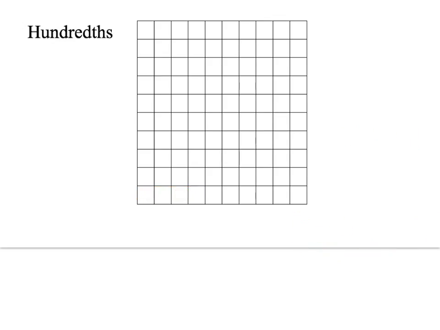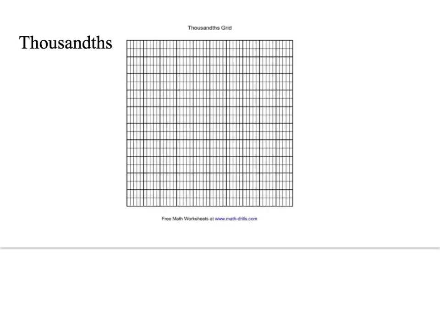Okay, now, since we have divided tenths into 10 parts to equal hundredths, what would happen if we divided each one of these individual boxes into 10 more pieces? Well, this is what we have. We would have the thousandths place. This is our thousandths grid. So if we took all of those hundredths and we drew 10 boxes within them,